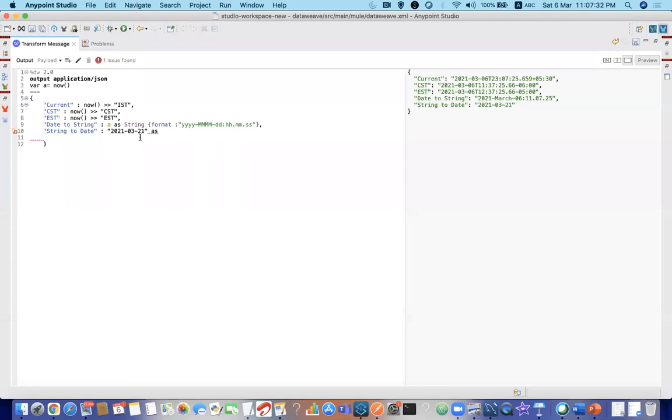Suppose take a sample string here. For example, if I'm using 2021 hyphen date, something like this, then I know that I'm not getting any error, and that's the reason it is coming correct. For example, if I use MAR, it will throw an error, because the actual date format is this one.